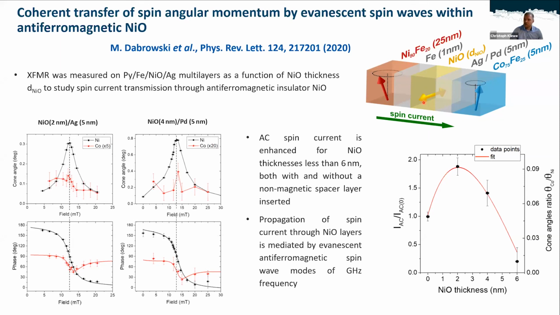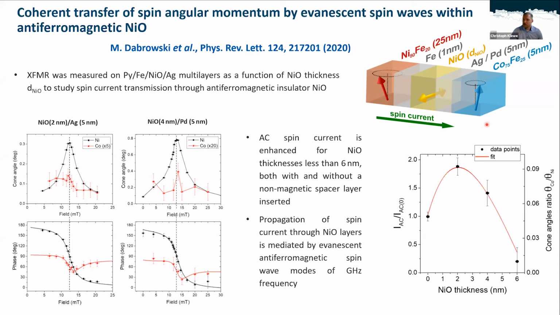In this case, however, we looked at nickel oxide, and here we looked at the thickness dependence of the nickel oxide. And again, in this experiment, we found that a coherent AC spin current can be generated in the spin